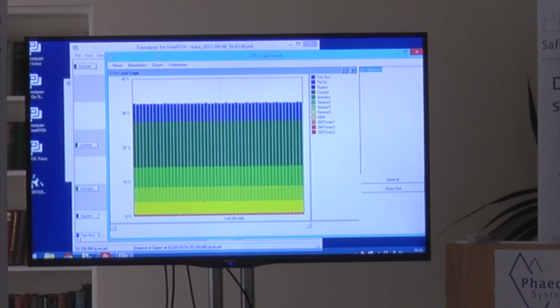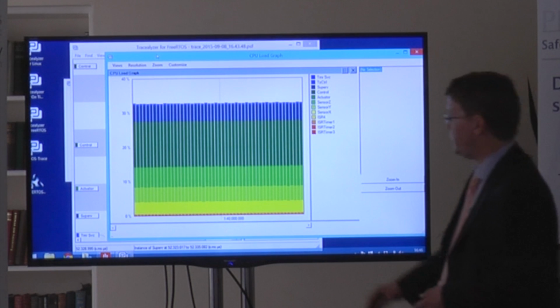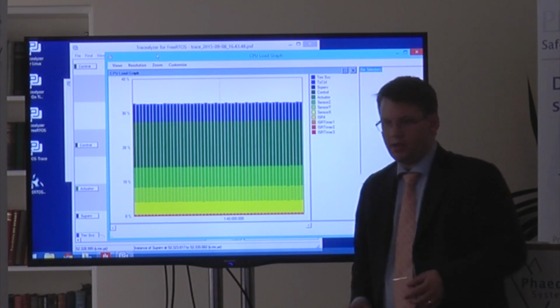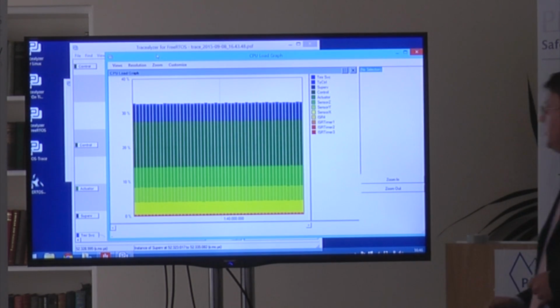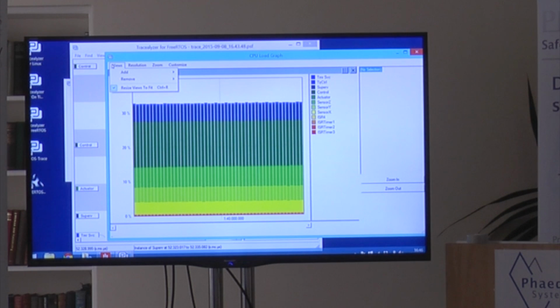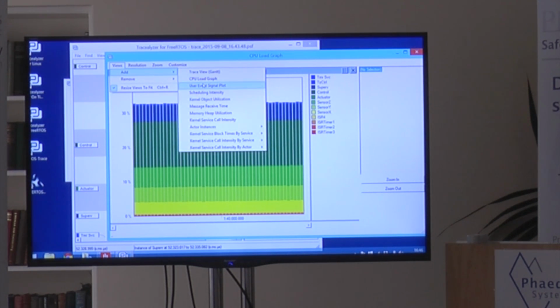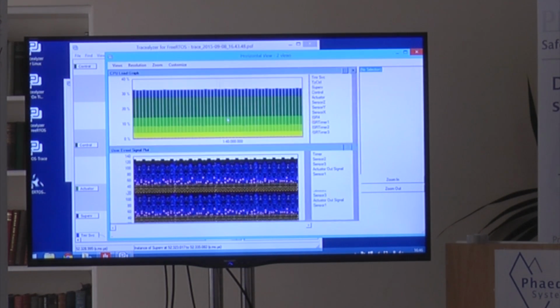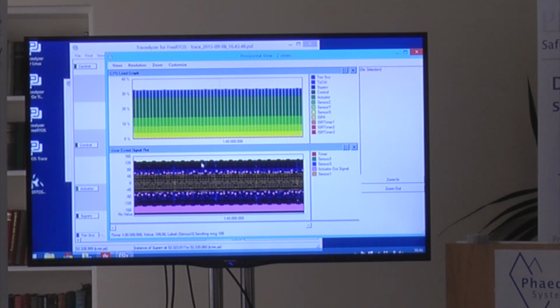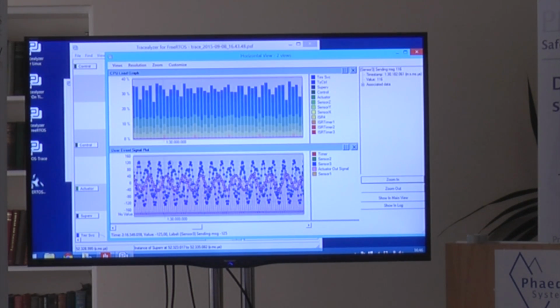And this main view is complemented by several other views, with this one, for instance, showing CPU usage. Here we have very kind of boring behavior, quite stable, good. And then you can add other views to this timeline, like this application plot. Now we have 90 seconds here. You zoom in a bit, you see a bit more details,